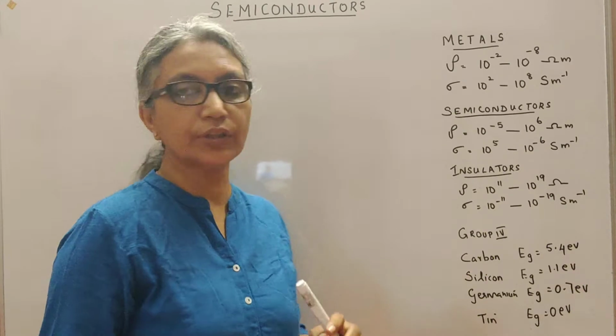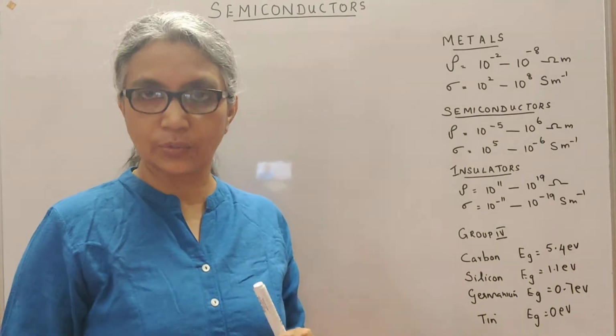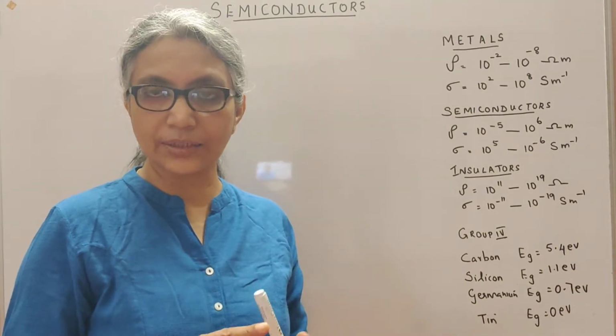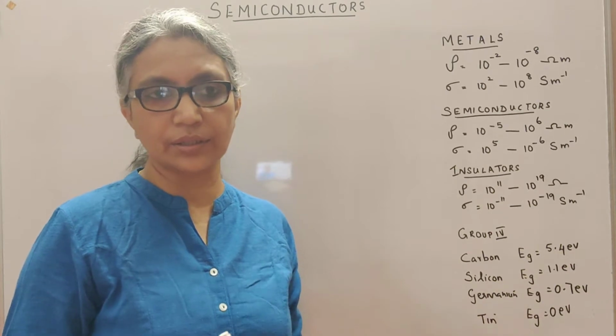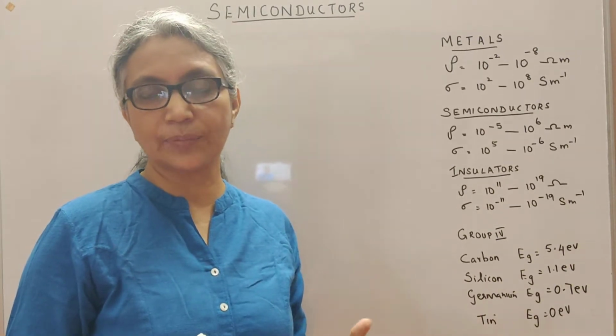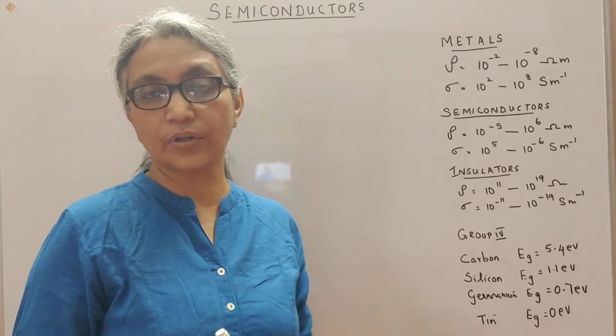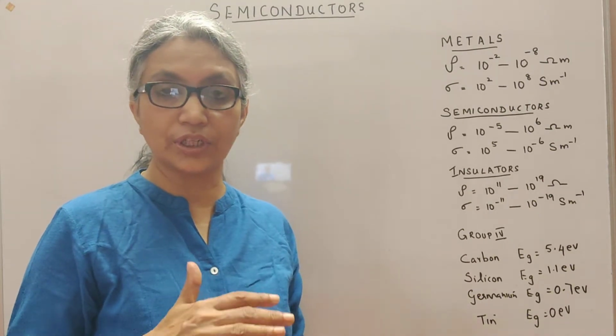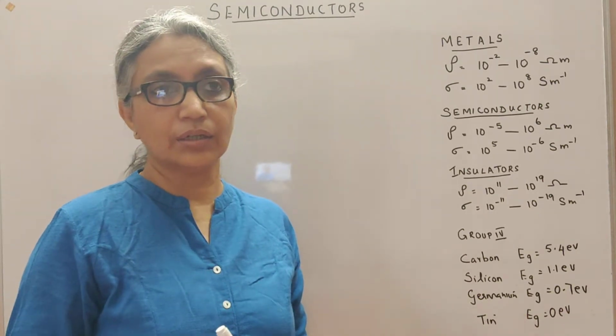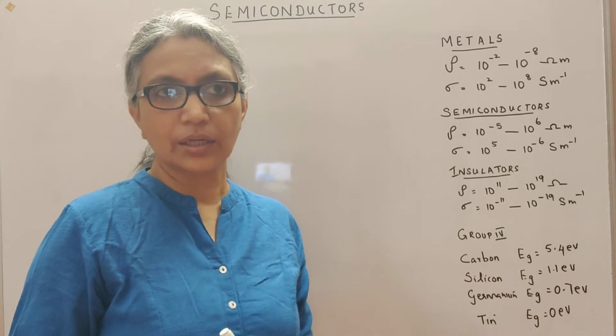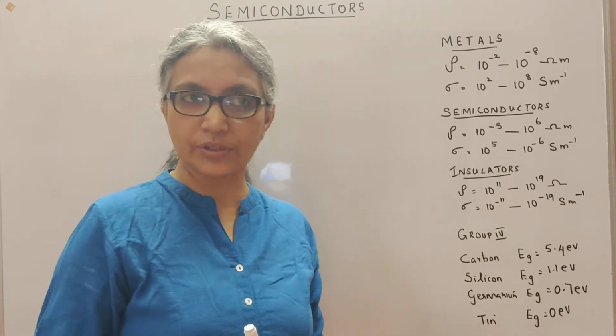Now, I'm sure you've learned in chemistry, and I will also be teaching you a chapter called atoms, which comes before this semiconductor chapter. When we learn that chapter on atoms, you will be learning more about the atomic structure and the energy levels associated with the different orbits of an atom. But I think you must have learned it in chemistry also.